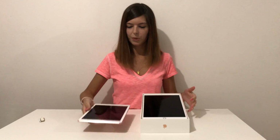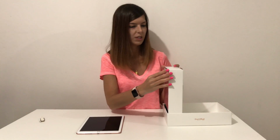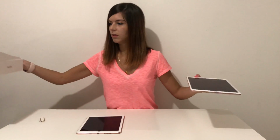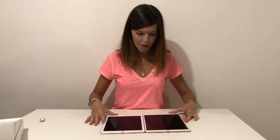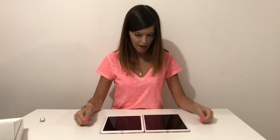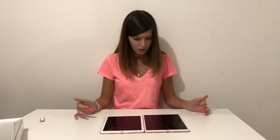So, here we have them side by side. I'll take these out of the box. Actually, leaving it in the box was a terrible idea, because how am I gonna compare them? Okay, so let's get rid of the box, or should I keep it on the table? I'll keep it on the table. All right, here they are. Oh my god, what? No, I don't like this. This is actually bigger. This is a lot bigger. What the...